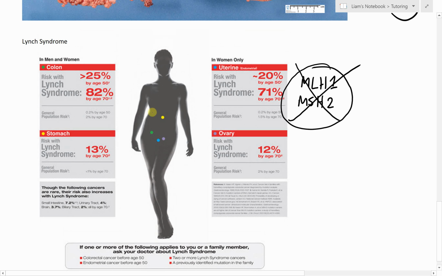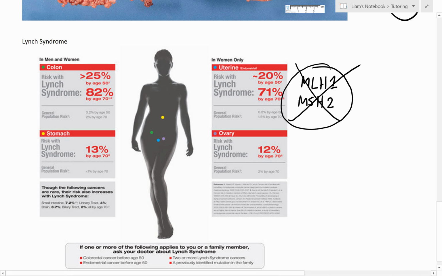With Lynch syndrome, because it's affecting these mismatch repair genes, you actually have a much higher risk of cancer in a whole range of systems. So we see in colon cancer that you're much more likely to have it at a young age, early onset. Getting colorectal cancer before the age of 50 is definitely considered young. Usually we say before 60 is early onset. And by age 70, a very large portion are going to have